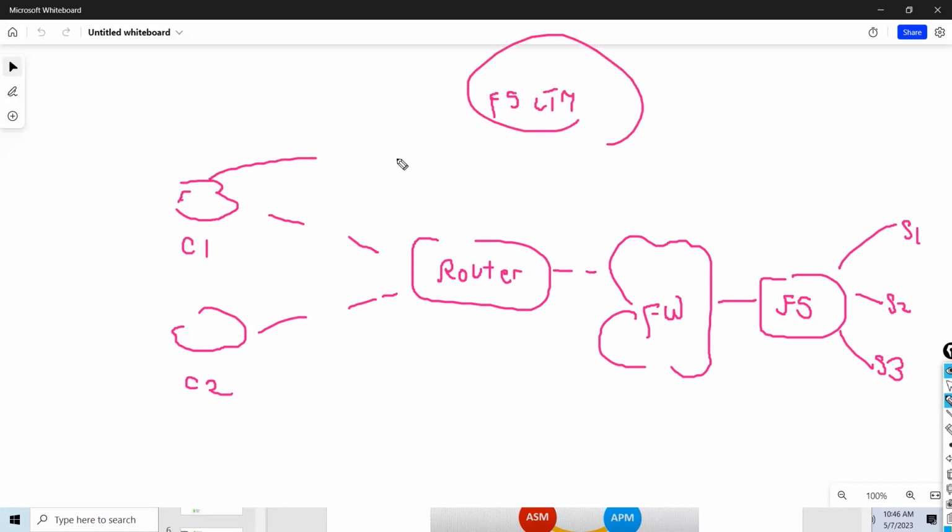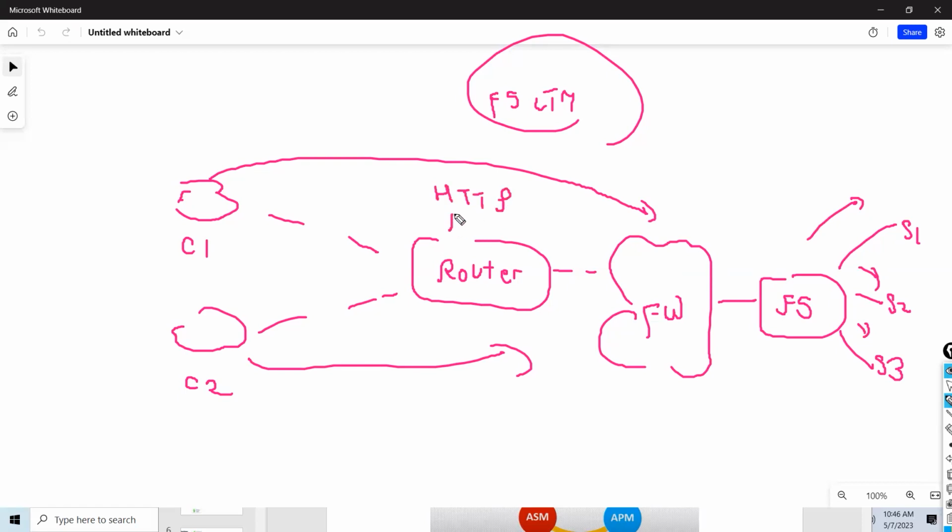Your request comes to LTM through the firewall and router. What does it do? It forwards your request to the servers. So that is called an HTTP request. Because a load balancer is called an application delivery controller. You can say ADC.